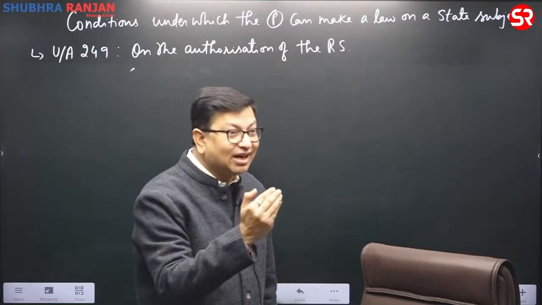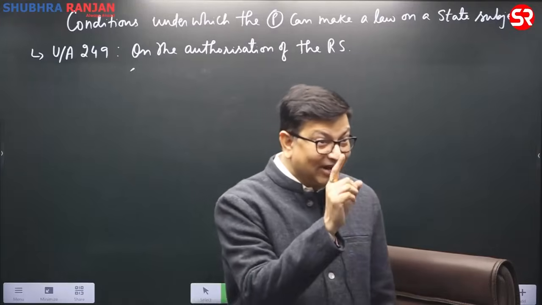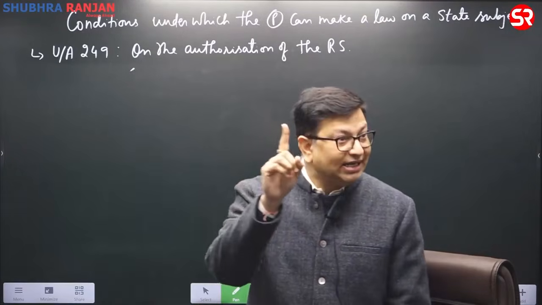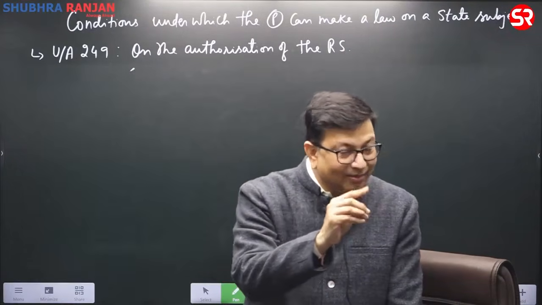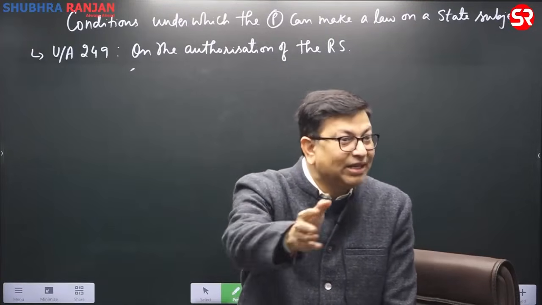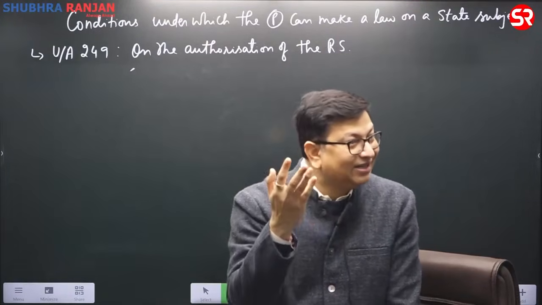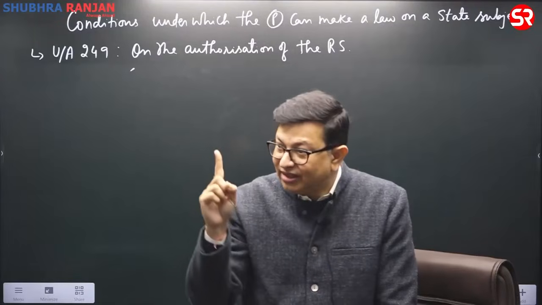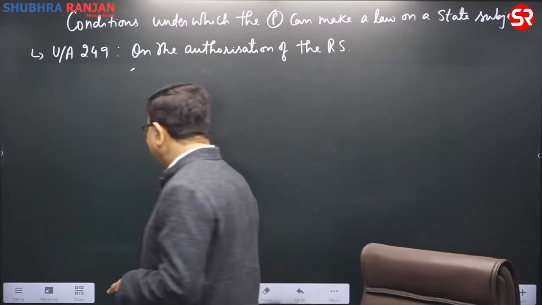A law made under Article 249 is valid only for 1 year at a time. At a time means if the Rajya Sabha will again pass a resolution after 1 year that the law has to be extended, then the law will be extended. Otherwise, the law will lapse after 1 year. Then secondly,